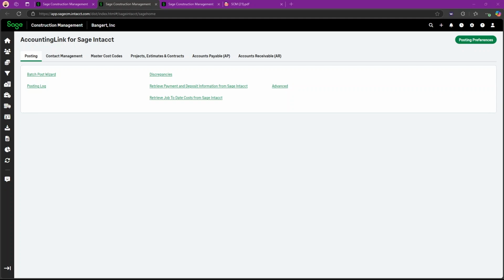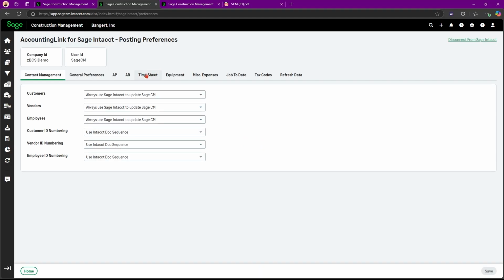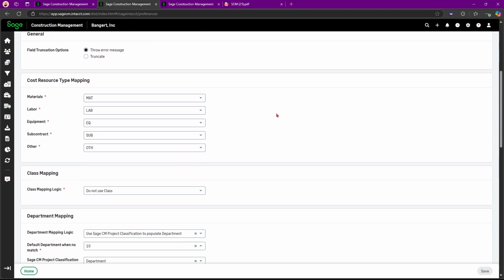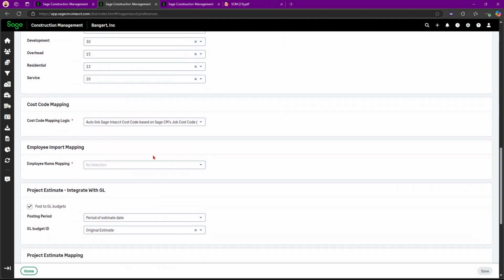So now it's going to allow you to select which Intacct field to map for the employee's name when importing employees from Intacct. So here, if we go to posting preferences, then general preferences, and scroll down until we get to employee import mapping, it's going to allow you to select one of those.